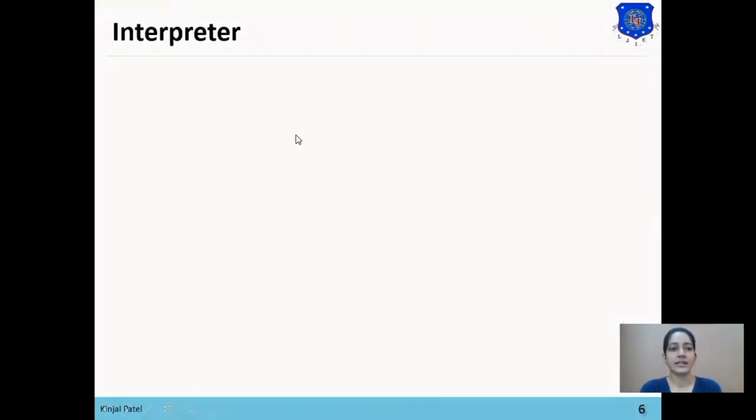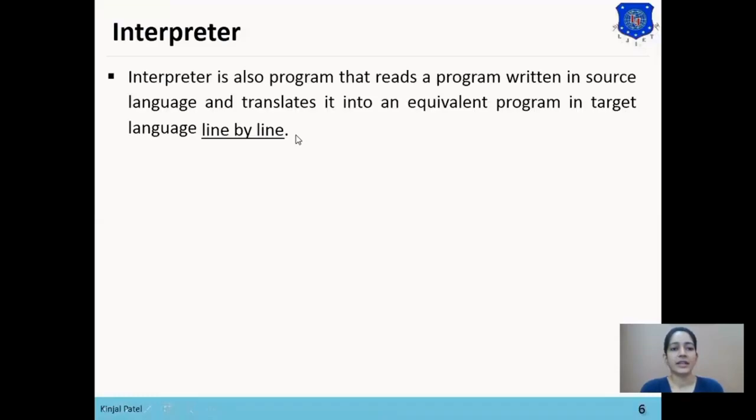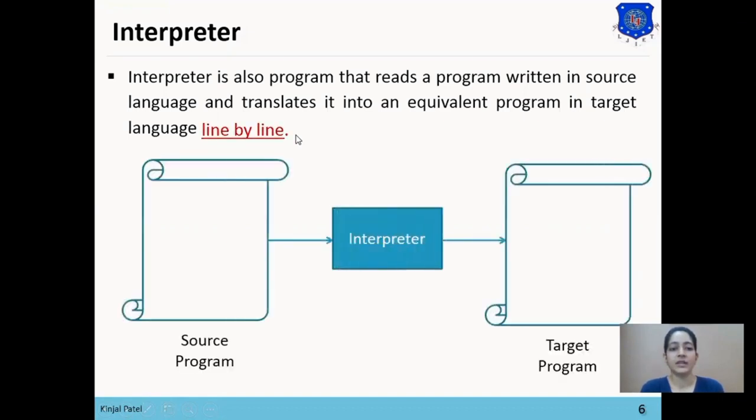Next translator is interpreter. Interpreter does the same process as compiler does, but interpreter converts the higher level language into machine language line by line. So here you can see the first line of C code, which is void main. So interpreter scans one line and converts it into machine language and generates the error messages if there are any.